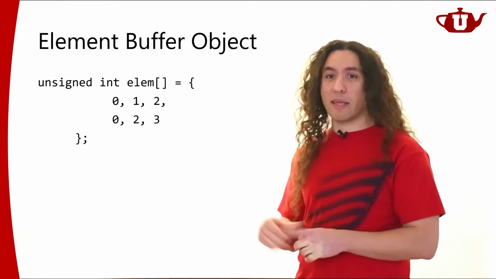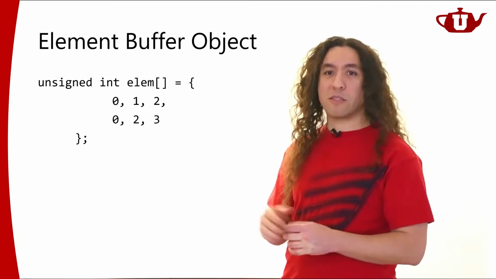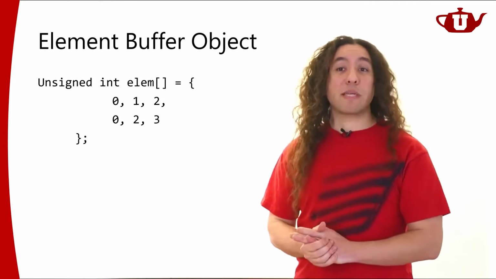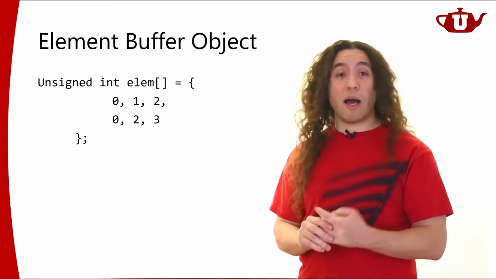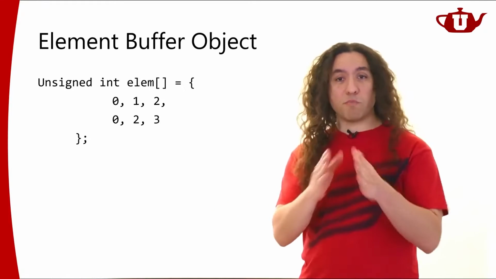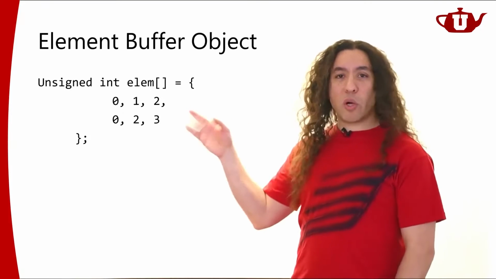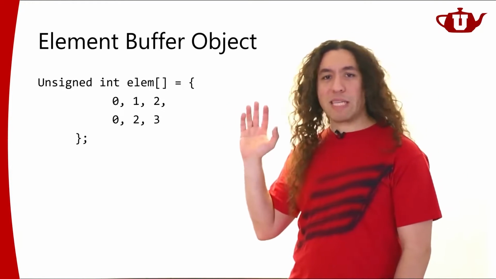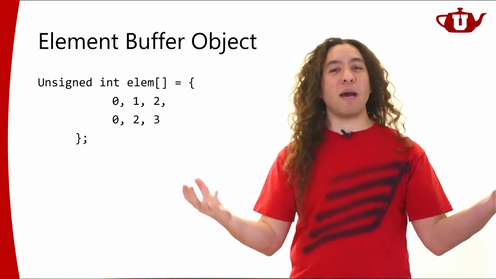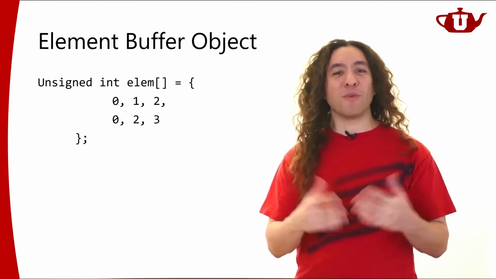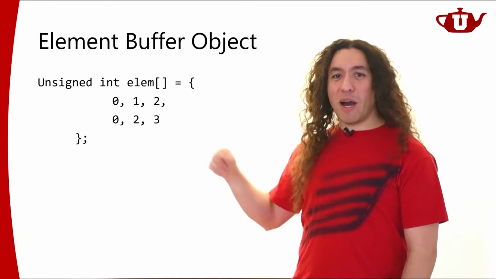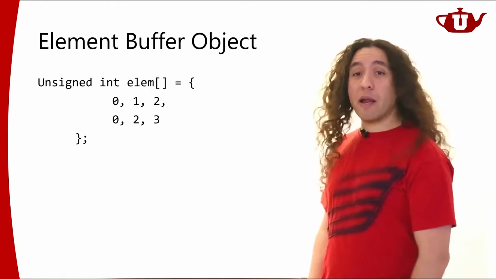So if you're thinking that, oh, there's too much wasted storage here, yes, there is. And you can avoid that. For example, you could store unsigned characters, right? So that it's just a byte per element. That's fine too. But let's keep things general. All right, so let's assume that this could have been a much larger mesh with a lot more triangles.